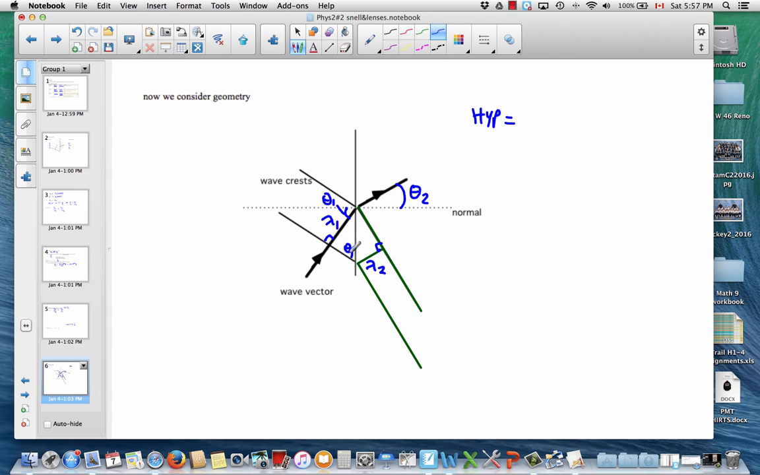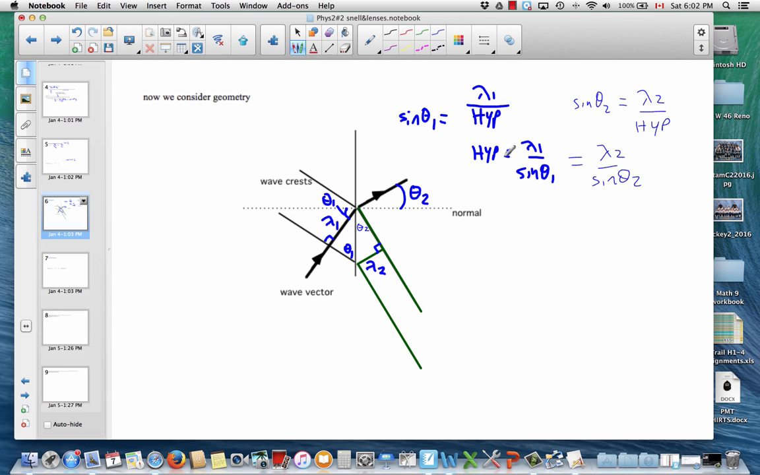So we can say the sine of theta 1 is lambda 1 over that hypotenuse. Let's write it that way. Sine of angle theta 1 is lambda 1 over hypotenuse. Now we're just going to rearrange that and solve for that shared side, that hypotenuse. We see it is lambda 1 over sine of theta 1. So putting this in the form that we already have for the other ratios, we see that